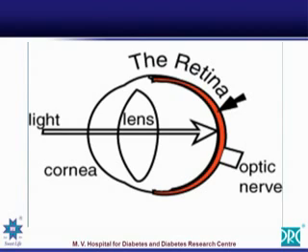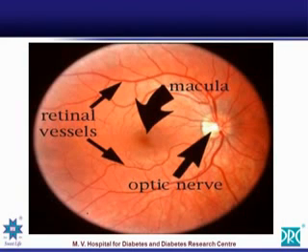There is the light that passes through the cornea, it passes through the lens, and then it strikes the back portion of the eye, which is known as the retina. From there, the light impulses travel through the optic nerve and reach the occipital cortex. This is a color photograph taken of the retina, which you will also be seeing when you look at the retina by means of your ophthalmoscope.